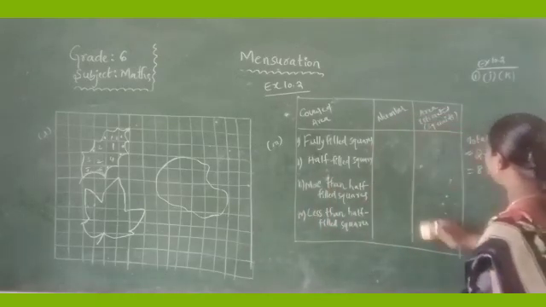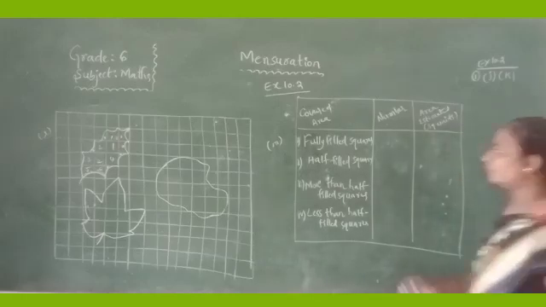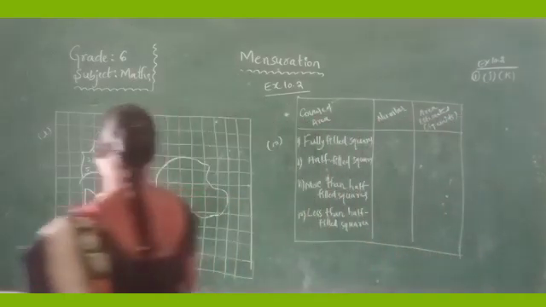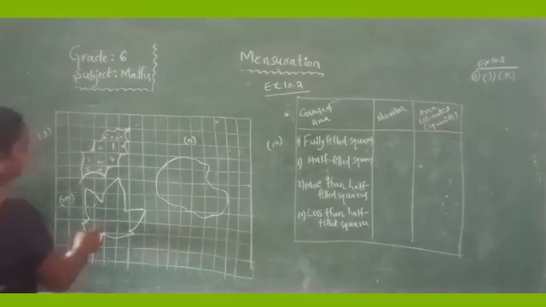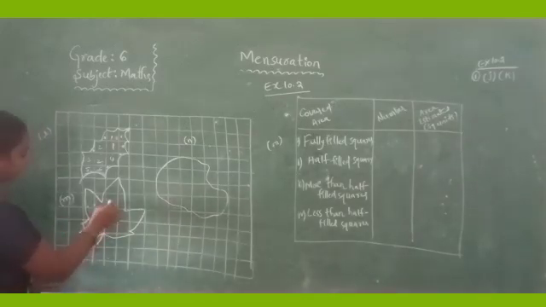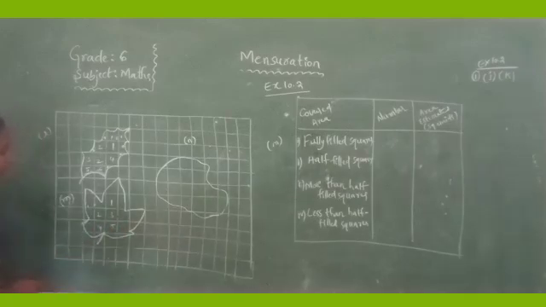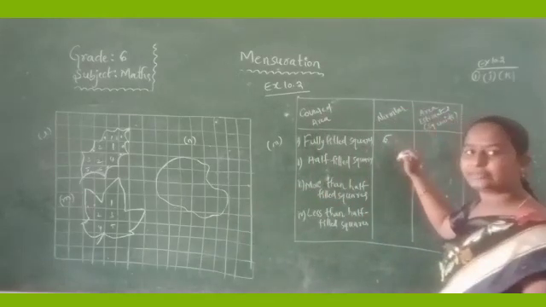Now I am erasing this one. Right. Next, for the M problem, full filled squares. How many full squares are here? What is the M problem? Okay, this one, this leaf. Now we are finding the area of this leaf. How many full filled squares? Full filled squares are here 1, 2, 3, 4, 5. Very good. So how many full squares are there? 5 full squares. So under the number you write 5 full squares.